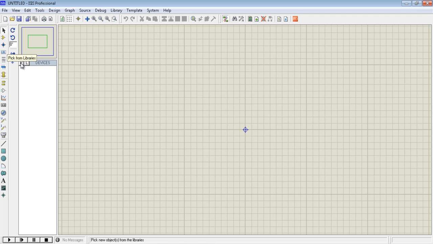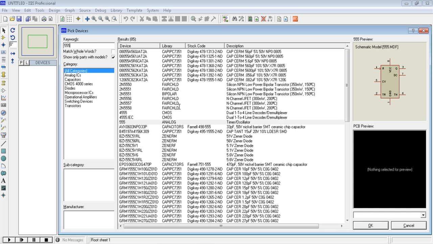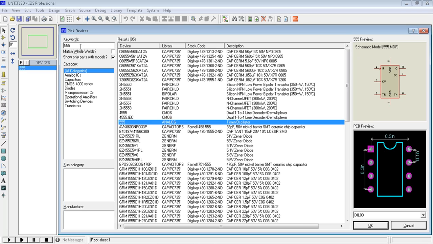This P is pick from libraries. By clicking it, this window opens. From here we can pick our components which we are using in our circuits. So let me choose 555 IC, which is our main IC while designing bistable multivibrator circuit.